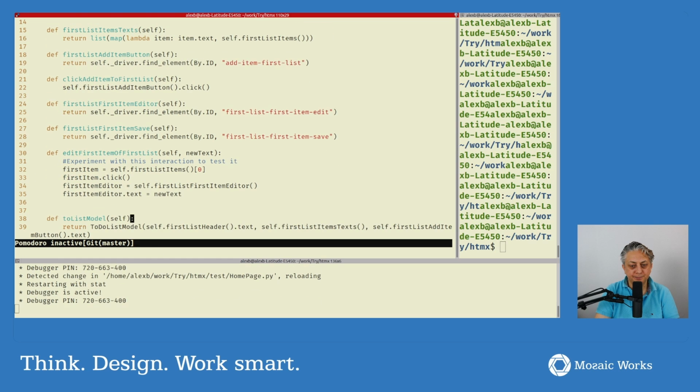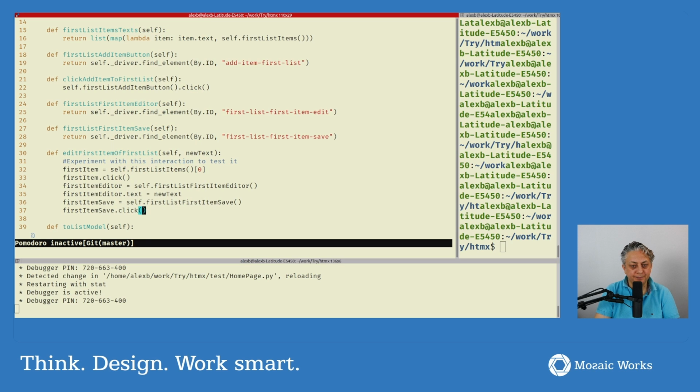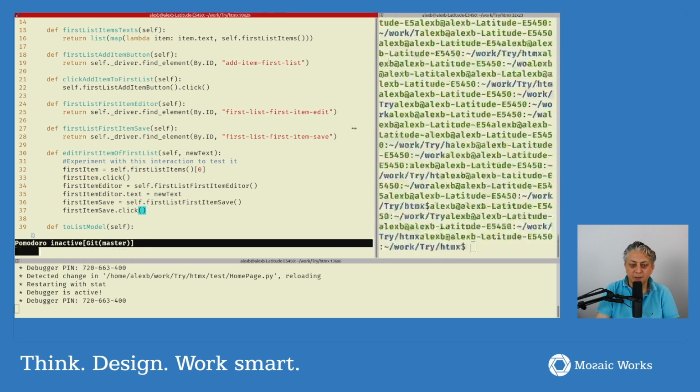And so we'll have first list, no, first item, save, self, first list, first item, save, dot click. Right? This sounds like the complete thing,